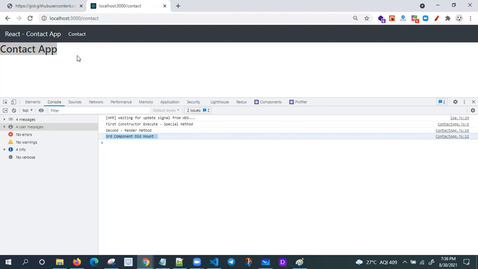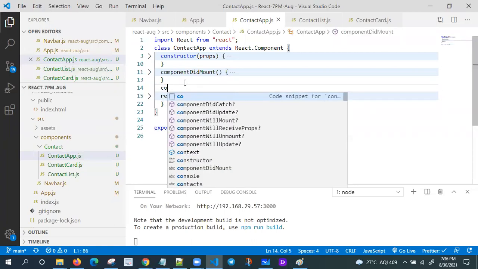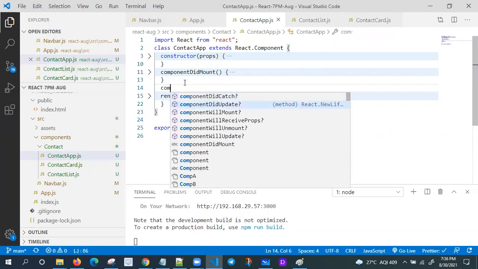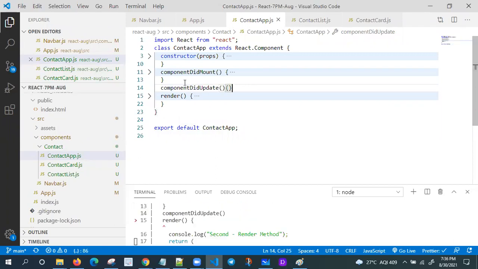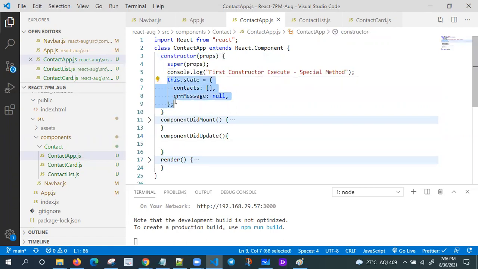For the user, it looks like without clicking on anything, he sees the data within seconds. So what about other lifecycle methods? We have a lot of them, like componentDidUpdate. It is going to execute at the time the component data updates. Suppose I have some component data. Once the component data is going to update, if you want to add something, you have to use this one.